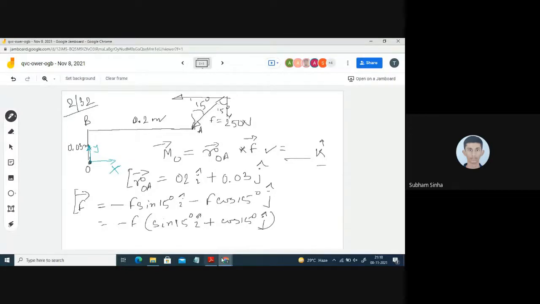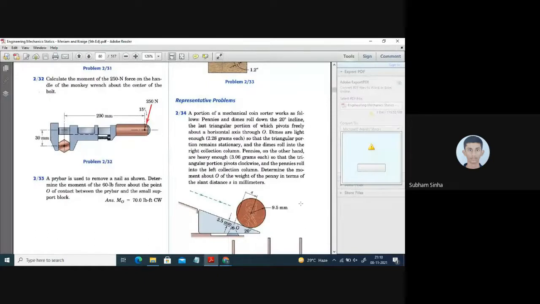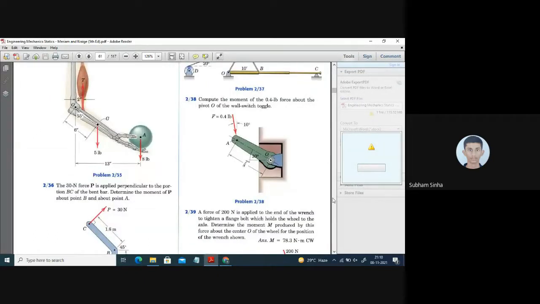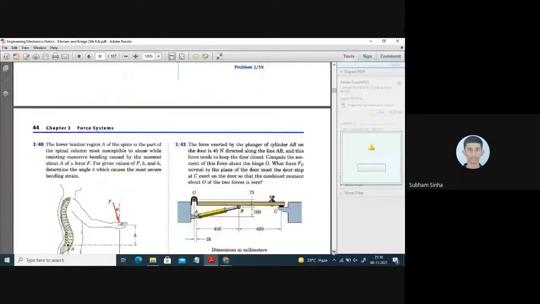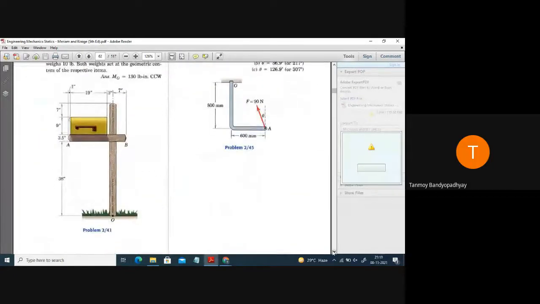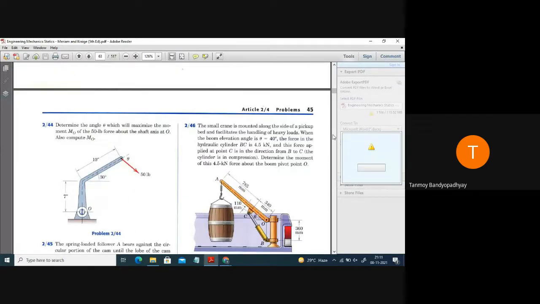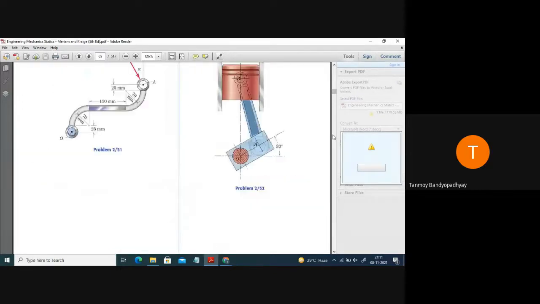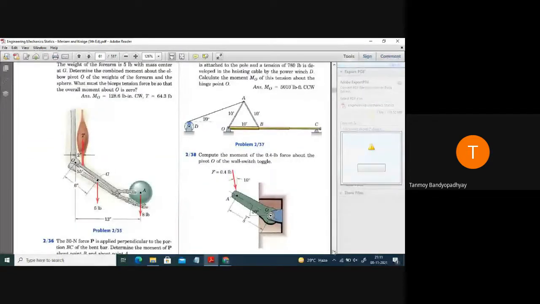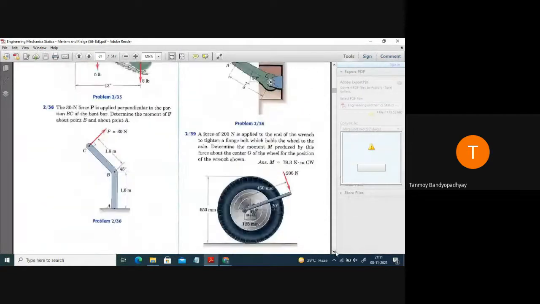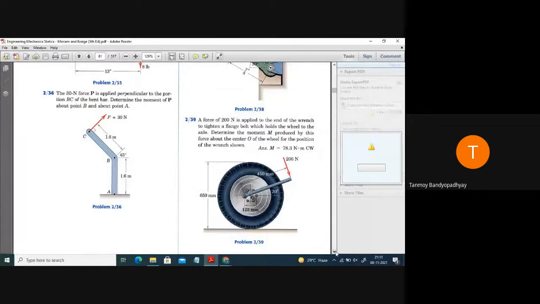Okay, so let us move to the next problem. These are fine, these are not needed, this 234 and all are not needed. Either this you can do, 238 you can do, and 236 I will be doing. There are many problems, these will not be needed so much. I will do 236 for you, and 236 and 243, these two problems are important. After doing 243 and 244, we will move to the next chapter. There are many problems you can try, the concept remains the same. Just 1 minute, wait for 1 minute.